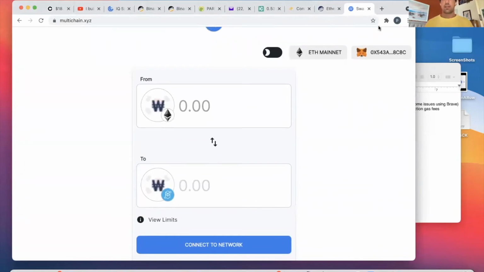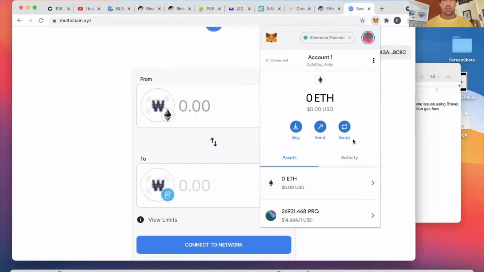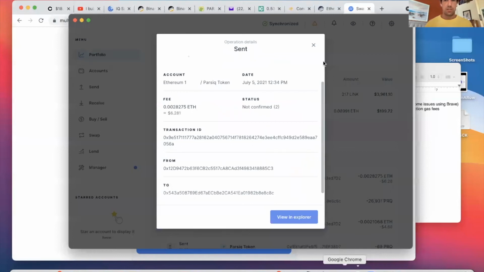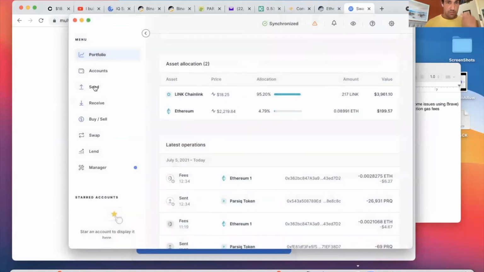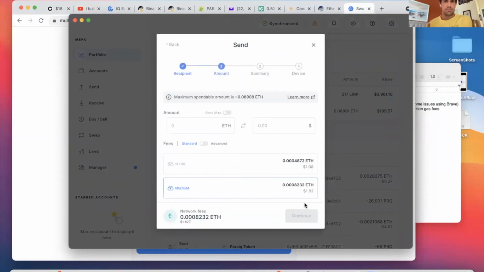Also, like I said, you're going to need some Ethereum in this wallet here. So I'm going to go ahead and send a little bit of Ether also from my ledger here. Got a little bit in this wallet. So here's some ETH. Let's enter the address we still have. Let's go ahead and send 0.0